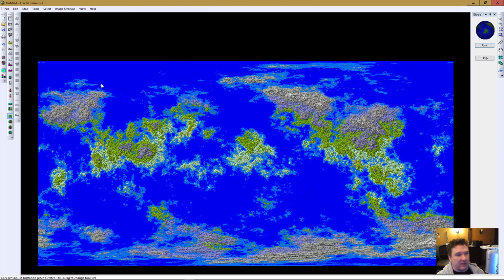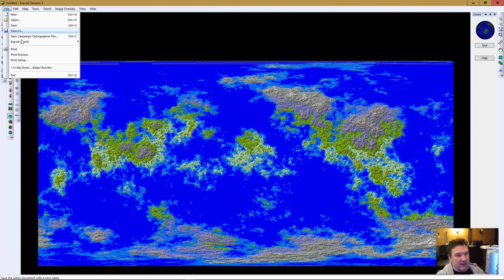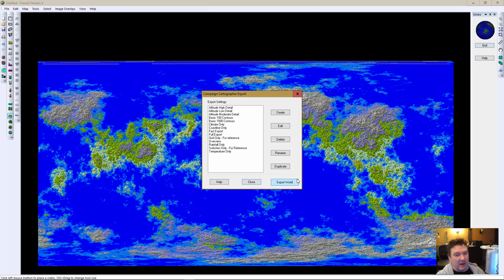Once you're done, you can save it like anything else. Or like I said, you can export it into a few different formats. I don't know what all of these different formats do. I don't use them. Or you can save a Campaign Cartographer file, which is typically what I use it for. You go, okay, I want an overview of the world, or I only want the coastlines, and I just want to take the coastlines and redo it. But it's just a cool way to get a hyper-realistic world very quickly without having to spend your life to build it. So if you're not really picky on how you want it to look, but you want something that's really realistic,